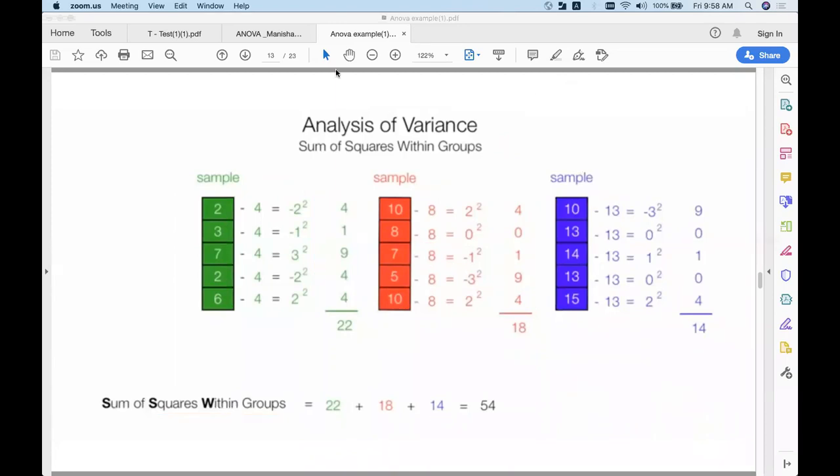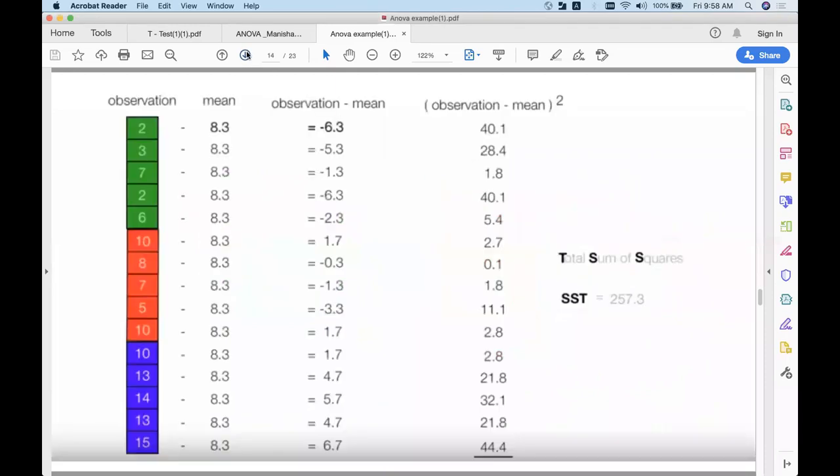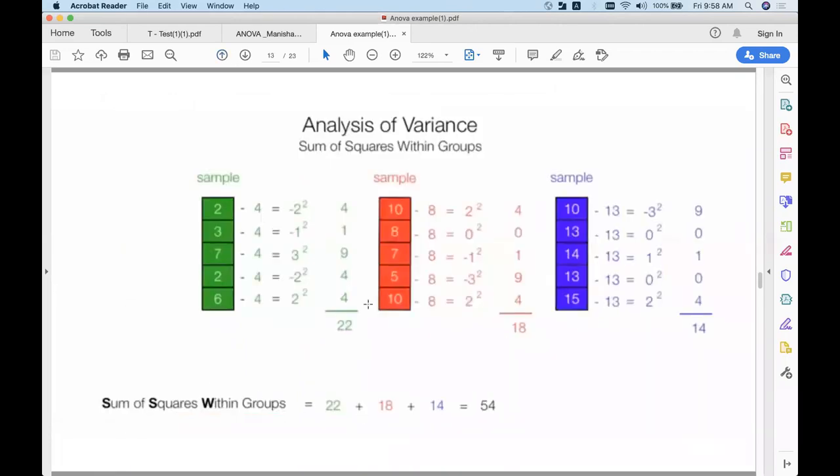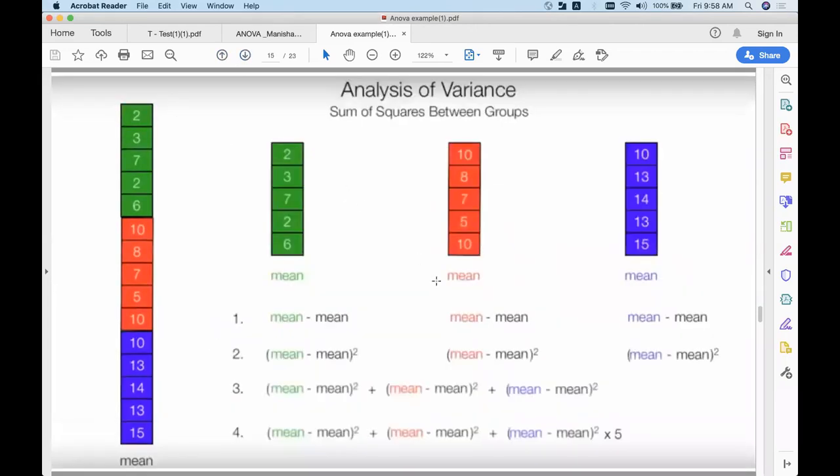But for understanding purposes, I will explain how this works. For the total sum of squares, you take these 15 values, find the mega mean, subtract this, square this, and add this. That will give you the total sum of squares. The sum of squares within the groups you got. So what is the remaining value? The remaining value is basically your sum of squares between the groups. Now, actually let's do one thing. Let me take it from tomorrow or Monday.